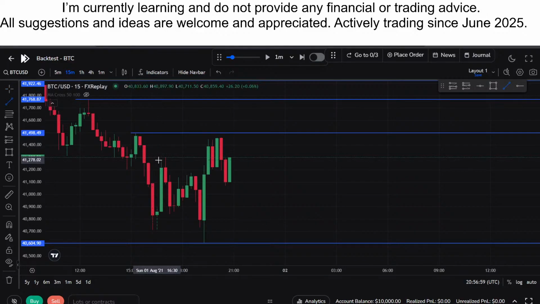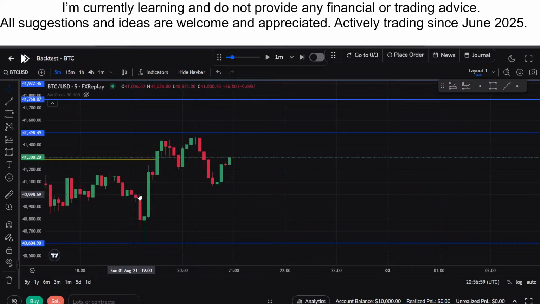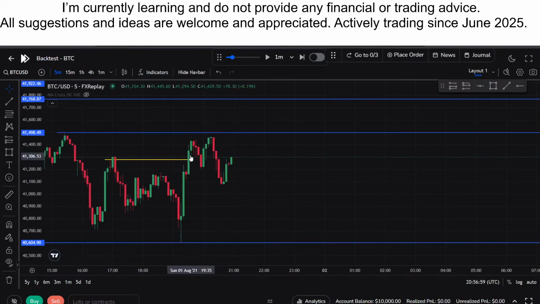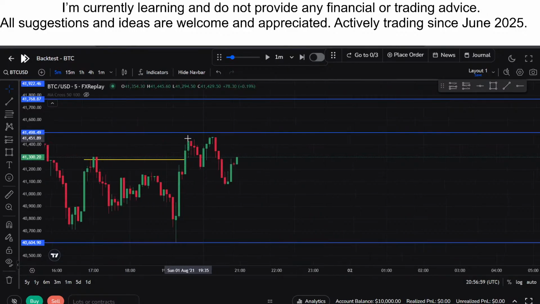So in a downtrend, to see the break of structure, what we look for is the recent high. So this is the recent high, and this one is the recent low. So here we have the break of structure, and in the 5-minute candle also we can see that there is a break of structure, and then after that